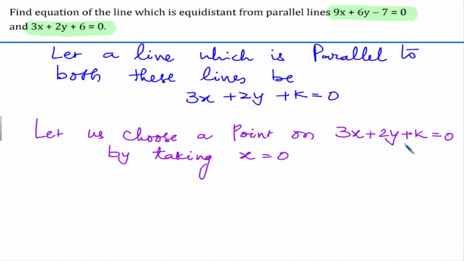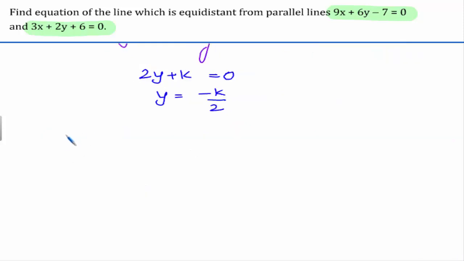Let us choose a point on the line 3x plus 2y plus k is equal to 0 by taking x is equal to 0. Here even you can take y is equal to 0 also. If x is equal to 0, we get 2y plus k is equal to 0. So y is equal to minus k by 2. So the point (0, minus k by 2)